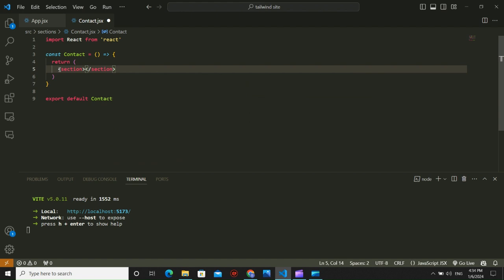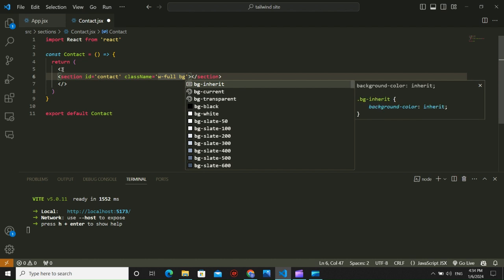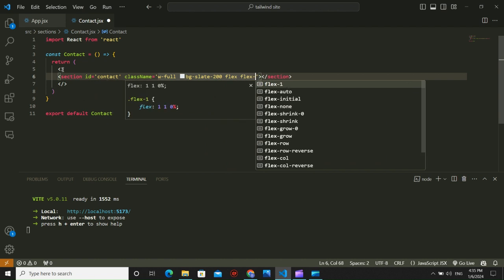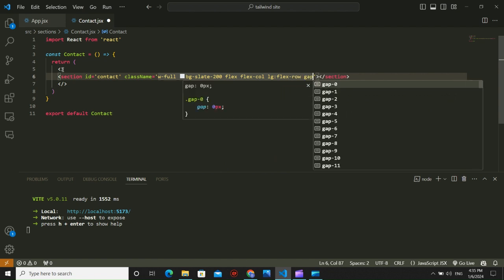and after writing the section, okay, so here we have to write everything inside. So write like this, and inside this we're gonna add a section, and inside this I'm gonna give contact. Okay, so then after that let's give a class name style, width full, bg slate 200, flex col, and in the large devices flex will be row, gap of 10,